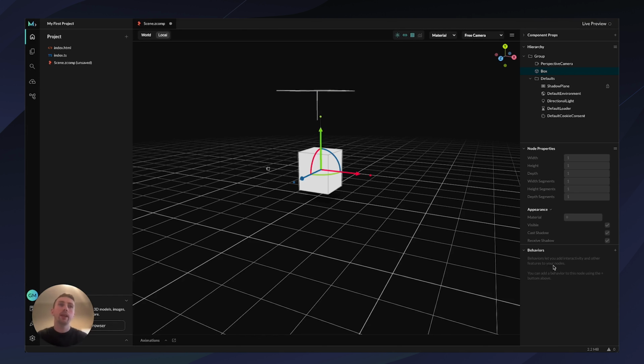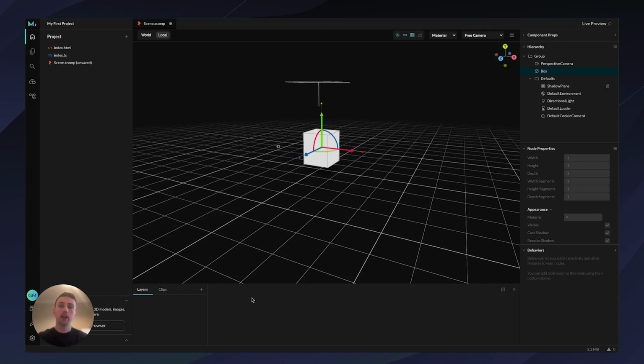This relates to adding interactivity to a component that you're selected on. So our box, have a little look through here. We will come back to these in later videos. At the bottom, we have the animations panel. Again, we will come back to this at later videos, but down here, if we click on this, you'll see that the animation panel opens. We're not going to go through that in this video. This is just an overview, but as I say, follow along in some of the later videos and we'll go in depth into the timelines and animations and states that we have in there.